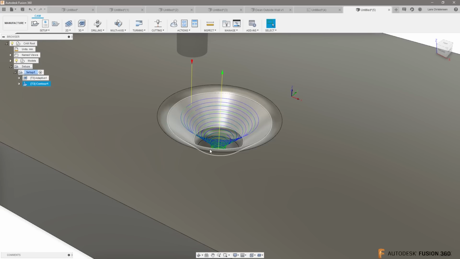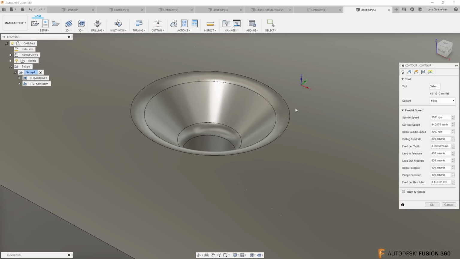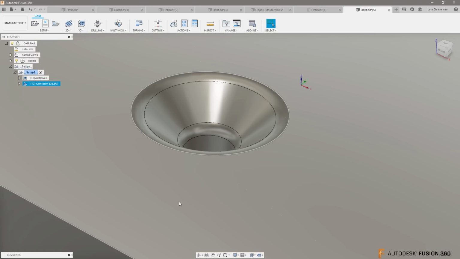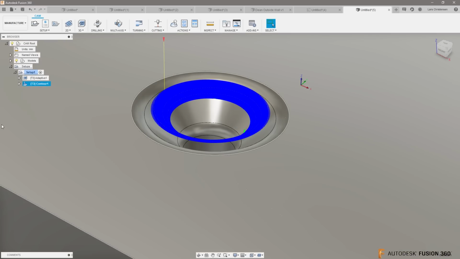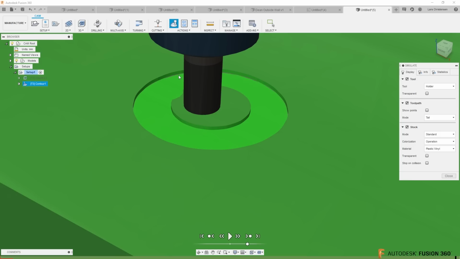Now the contour toolpath will give you the radiuses, but you're gonna have to make the step over extremely small. So right now it has a maximum step over of 1. So now you maybe have to change it down to, now it comes down to how much time you have in your life, how long it's gonna take. The finer you will get in this, the more accurate it's gonna get with this flat end mill. You can see that it turns completely blue, and it took a lot longer to calculate, but in the end you will end up